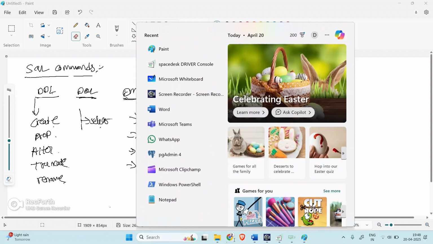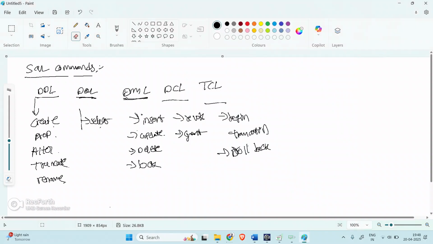Here I already have PostgreSQL in my system. I will provide you the